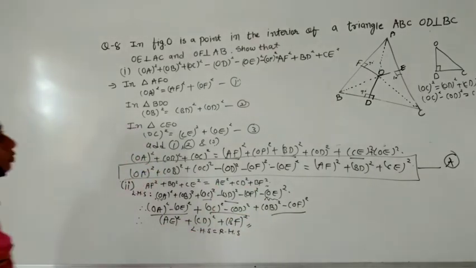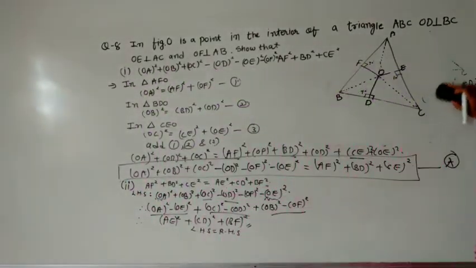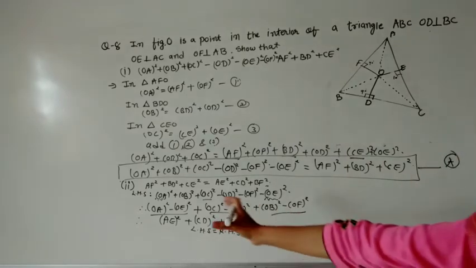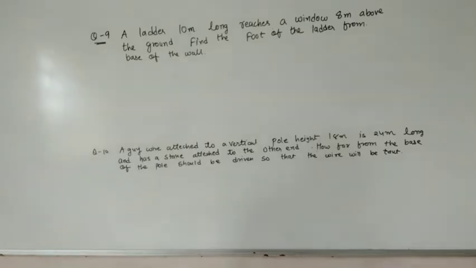And this concept was very clear and very easy. And all these things depend on our thinking. We do not have to mention it. If you don't want to mention it, you can skip it, but for our understanding of which triangle we are taking, we can draw it separately and we can prove it in a very easy way. So this is the concept of this question, and this question was very easy. Only apply Pythagoras law wherever we want. So here let me read question number 9 and question number 10. Both are the same, because here again we have to apply Pythagoras law.